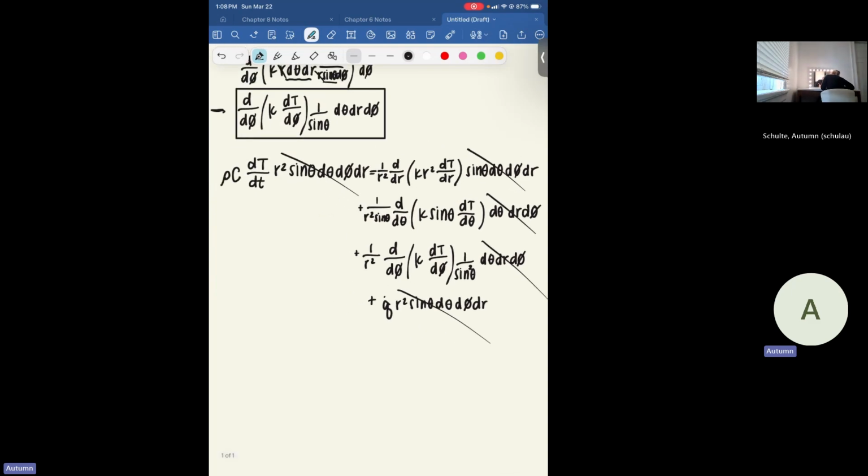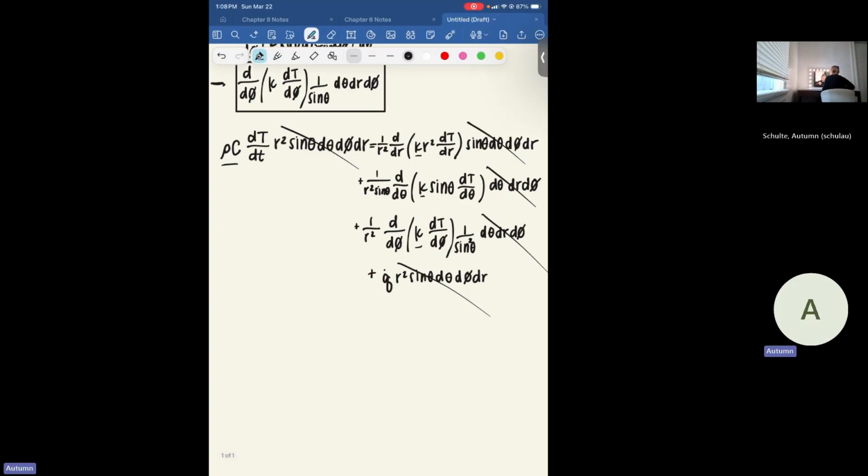You can also see that we're left with this rho c term. If we assume that our thermal conductivity K is constant in all of these cases, we can take it out of our derivative, and that way we can divide by rho c and get our alpha term. So this is all going to simplify to the derivative of temperature with respect to time is equal to 1 over alpha